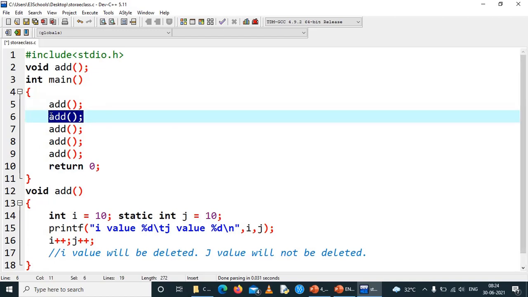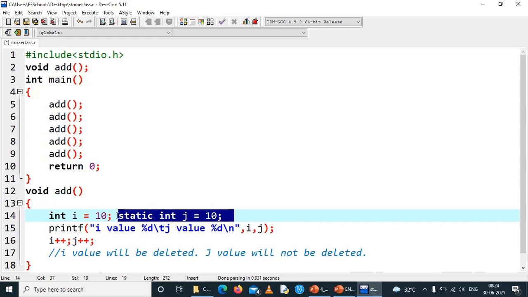Now when we call for the second time, as I told, I will be created newly every time. So the second time, I will be created and the value 10 will be assigned. But since it is a static variable, the compiler will check whether there is already a static variable named j. There is already a static variable named j, because this is the second call and it was created when this function was called the first time. So int j is already there, and the value 11 is already there, because the first time it was created as 10, printed, and incremented to 11. So during the second call, the j value is already there and it holds the value 11. So this initialization will be ignored.